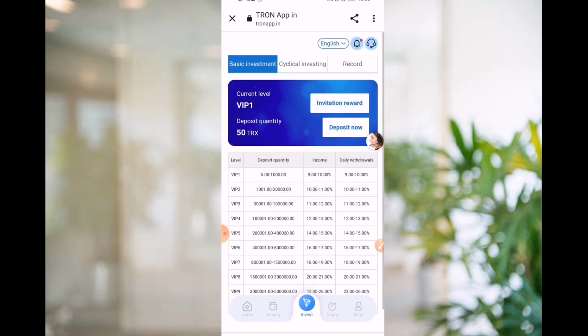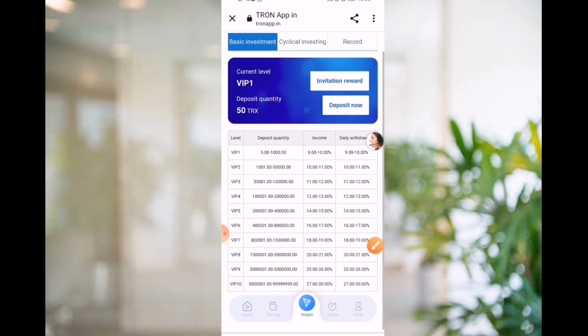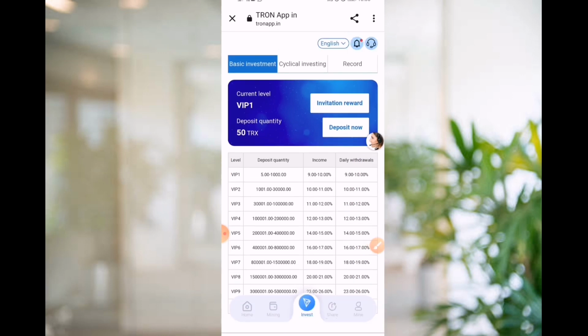You also show the many investments on this website: VIP 1 55%, minus 100 and 90%. And also you scroll down, read all VIPs. I currently have VIP 1, invitation reward deposit. Now I deposit 50 TRX on this website and click on the